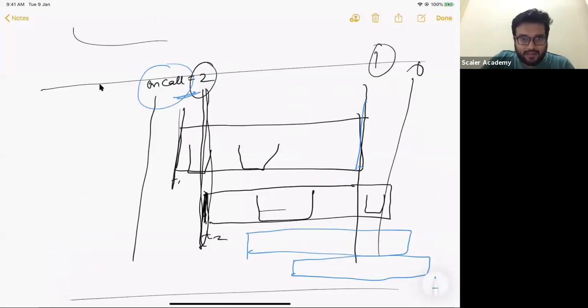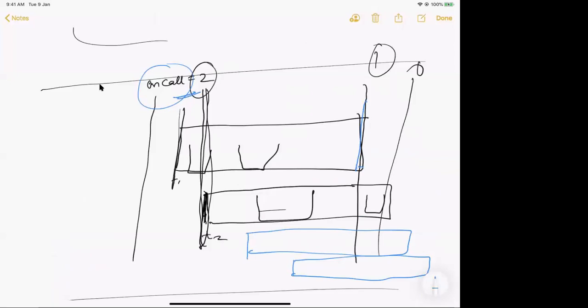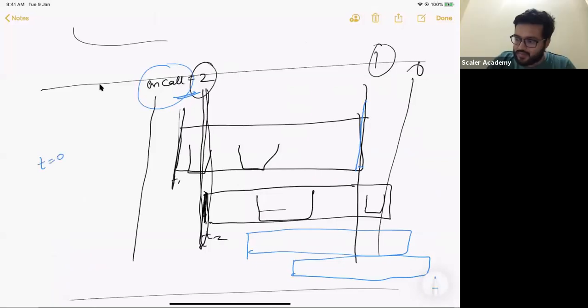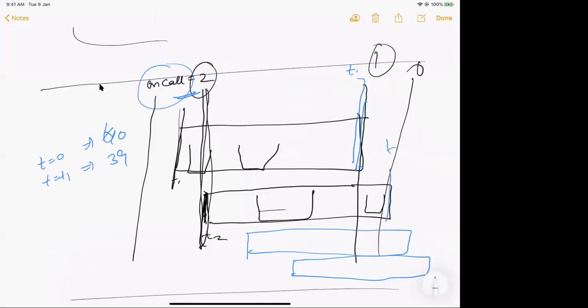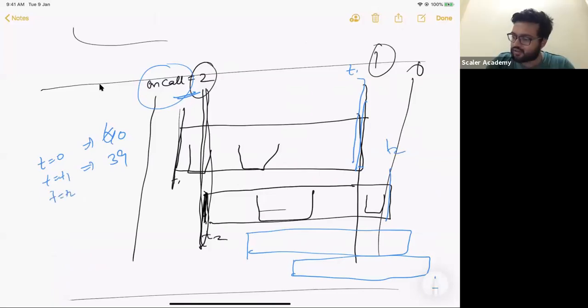Does that make sense, Vishali? Yes. So first of all, there would be a T0, in which I would have, let's say, X people on call. Let's say 40 people on call. One transaction ends here, let's call it T1. At T equal to T1, you will update it and make it 39, because this is a transaction which is updating it and it's ending. Correct. Now when at T2 this ends, this is again updating it, and at T equal to T2, you will make it 38 and so on and so forth. So there is no issue in that, Vishali.